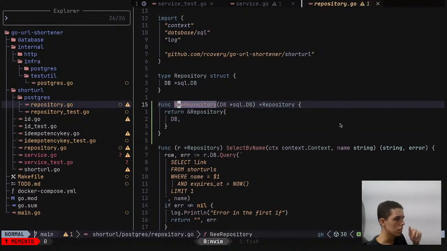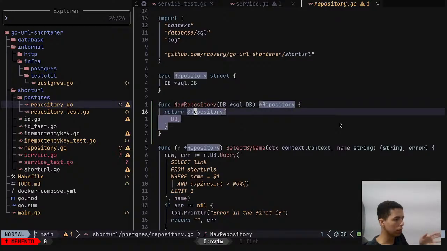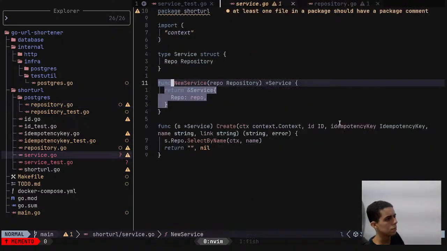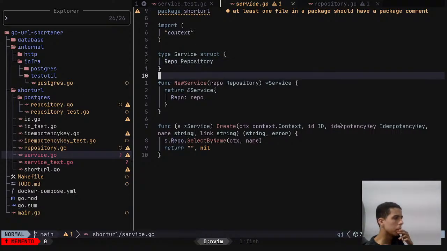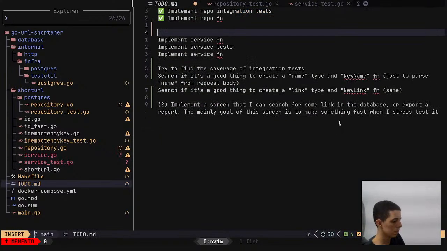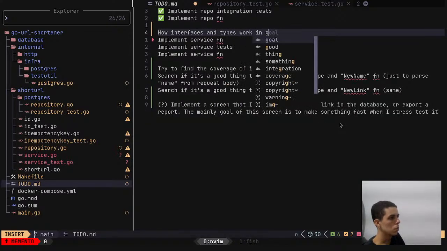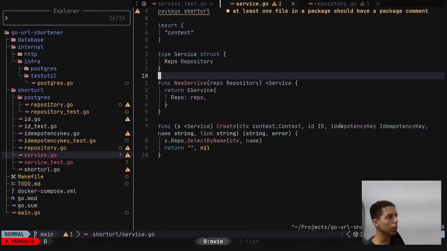When I return a repository in this way, in the same name, maybe, I don't know, I will look how interfaces and types work in Golang just to figure it out, but I think because of the name,